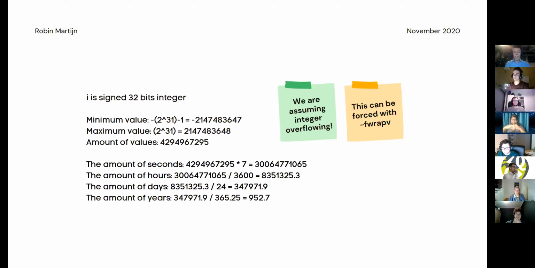So what we see right now is that we have 2 to the power 32 values here, minus 1 actually, of course. And if we were to calculate how many seconds it were, we get the calculation as below, and eventually that will result in 952 years and 7 seconds. So that's the reason why this function works.